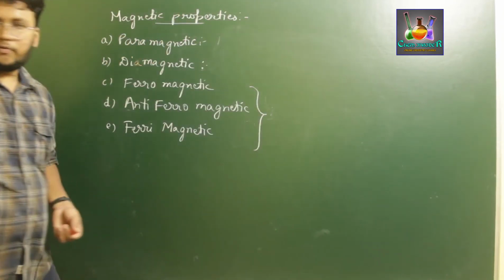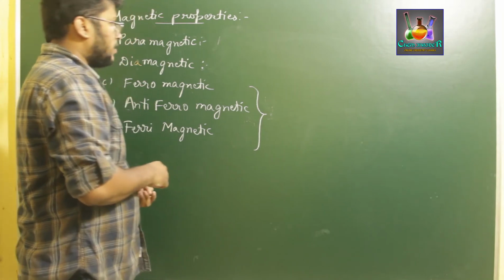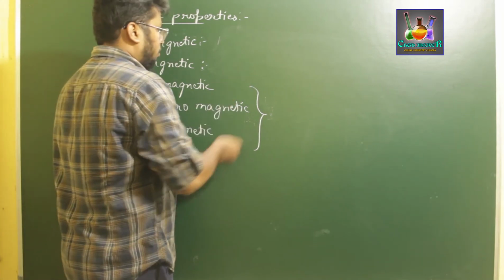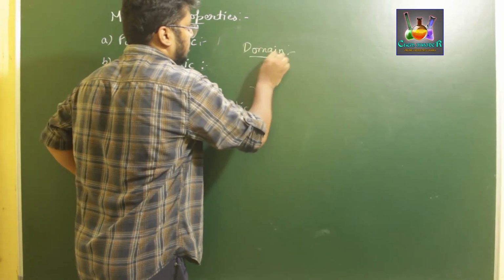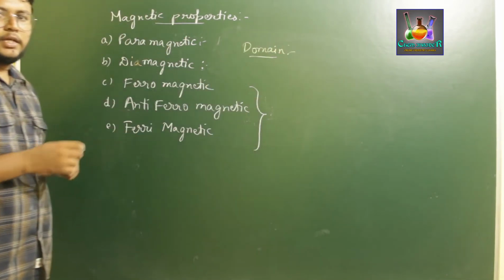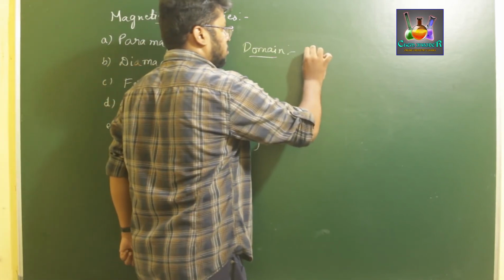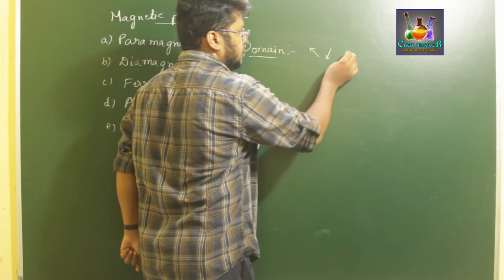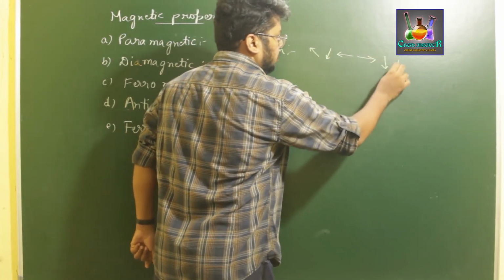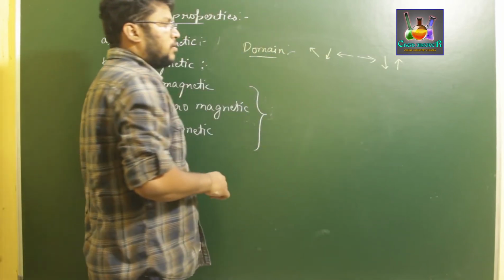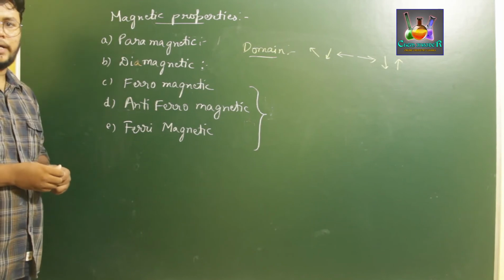Ferromagnetic, antiferromagnetic and ferrimagnetic. So for that, first we need to know about a term called domains. So what is this domain? If you consider a particular solid crystal, it has multiple number of electrons. Let us say some electrons are aligned in this direction, some in this, some on the left, some moving towards right, some towards complete bottom, some moving right above. So it is not just one or two electrons, it has a sea of free mobile electrons.